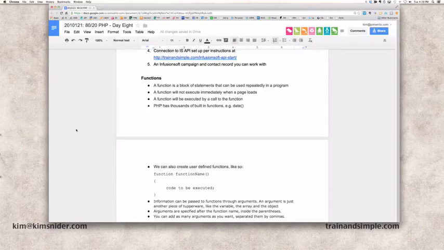But ideally, if it's avoidable, and if you can figure out how to do it without spending hours and hours, then you really don't want to use the same line of code over and over again. And so that's where functions come in, because a function is a block of statements that you can write once and then just call it or refer to it when you need it elsewhere in the program, or even in other programs. I mean, what many people do is they will have a file full of functions called like functions.php,